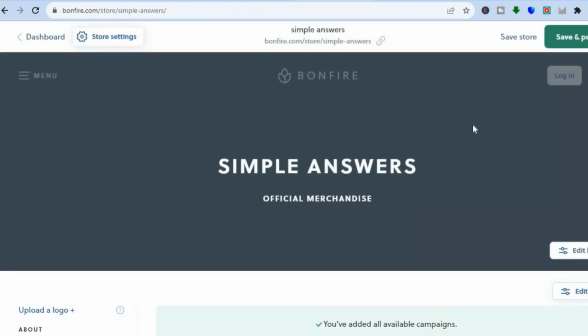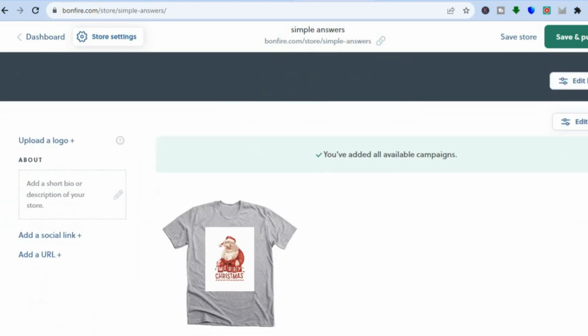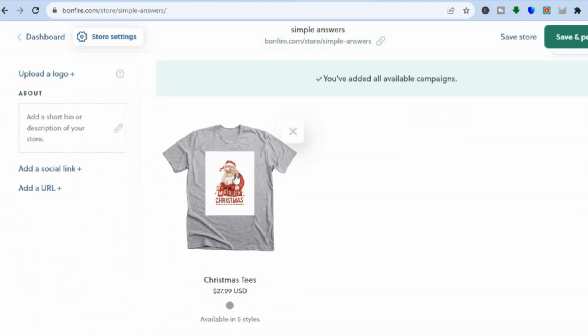Now your store has been launched, as you can see right there. And you can see that I've added my first design. All I'll need to do now is tap on save and publish for it to go live. And this is the link for your store that you'll be able to share. So all you will need to do is simply copy the link, and you can share it on whichever social